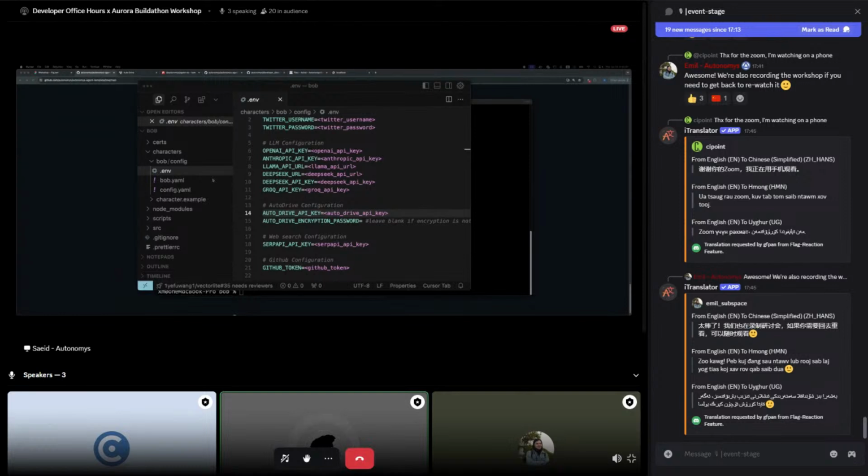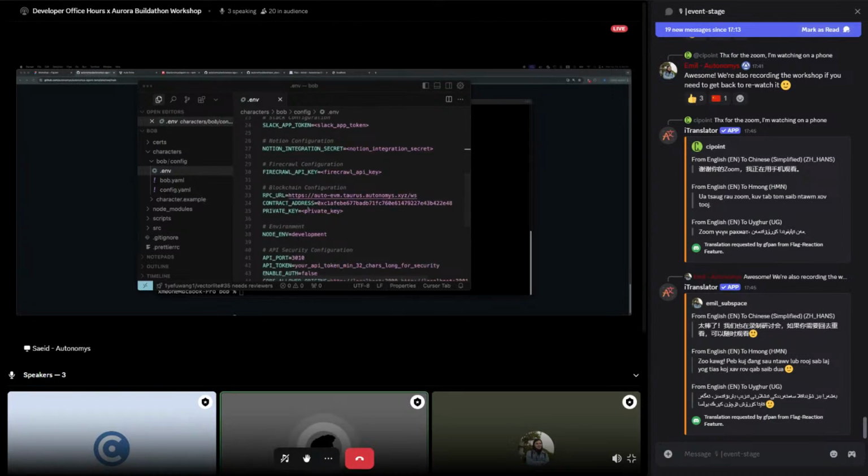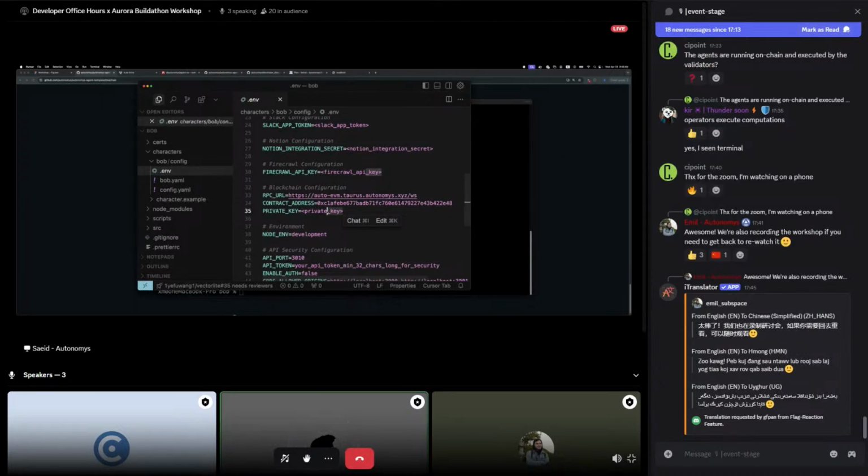The program will do it for you, and to make it happen, you basically have to set up your wallet. You can just pass the private key here. The contract address for registering the memories is already set, and also the RPC URL. The only thing you need to do is add your private key and make sure it's funded. We have this on the Auto EVM. You can go to the faucet page and get some tokens on the EVM testnet, and it will